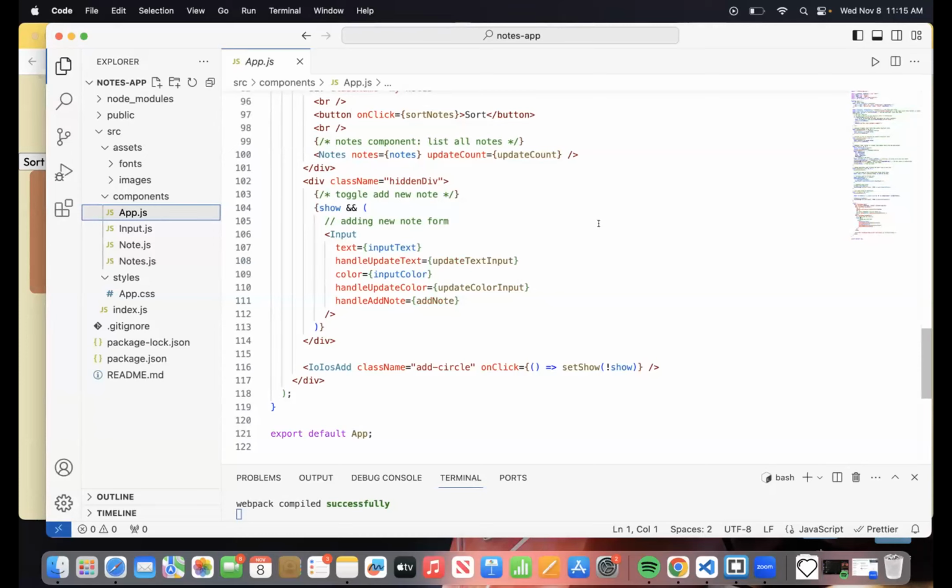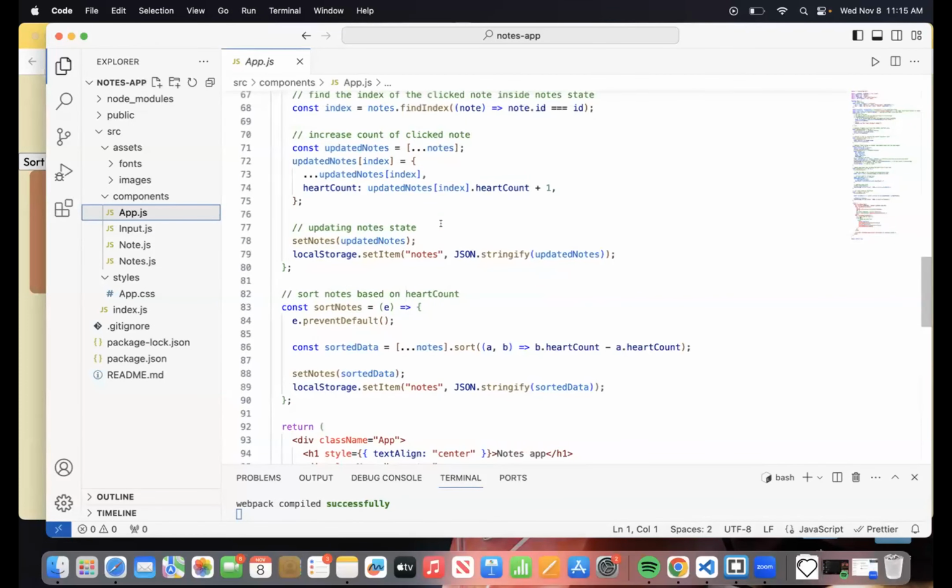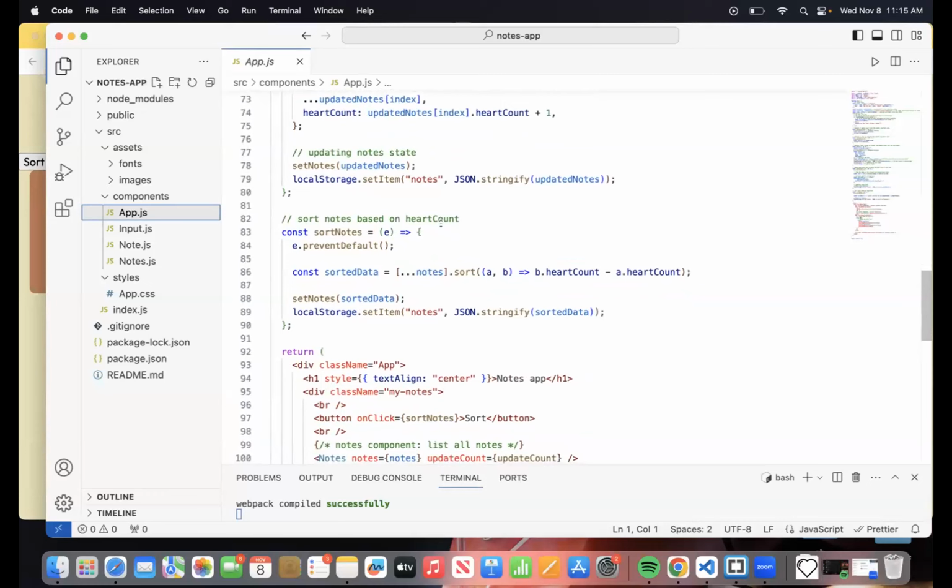So we send in functions instead, and those functions get us the values. But on the other hand, parent to child, the parent can directly pass values to the child, like we're doing over here. So for on clicks or anything over here, we're sending in the values itself. Any questions about this?